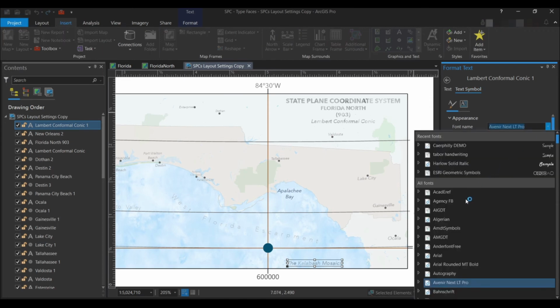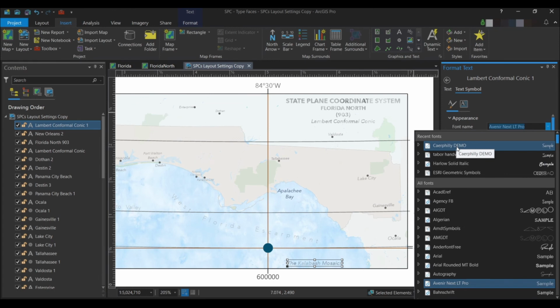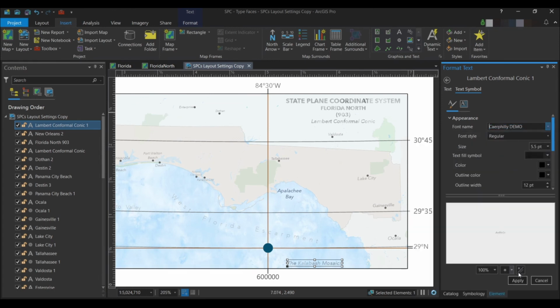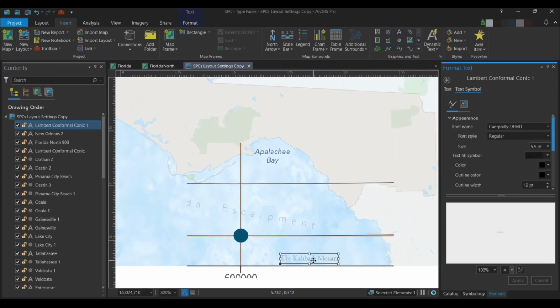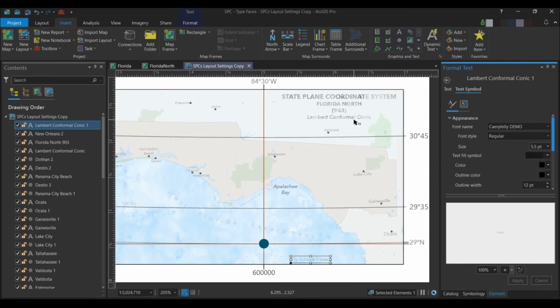I'm going to search for the font. It's called Cartography demo. Click outside and activate that. Alright, so we have changed that, and you can see the font is no longer the same as this one. So this is kind of cool to get out-of-the-box items and bring them into your ArcGIS Pro